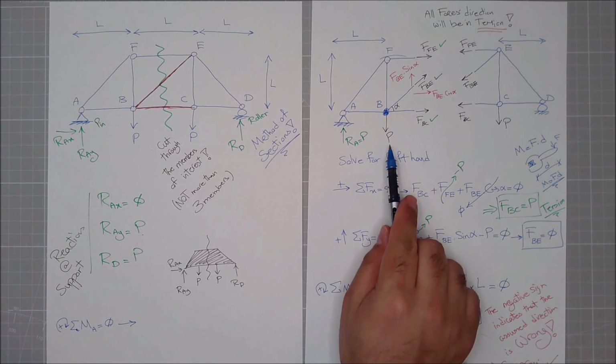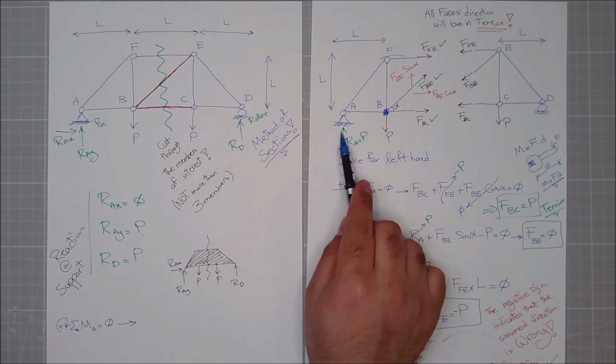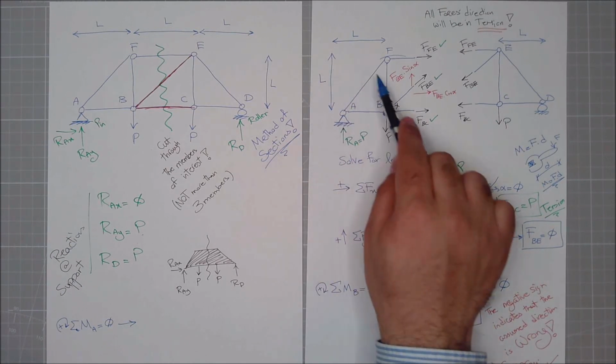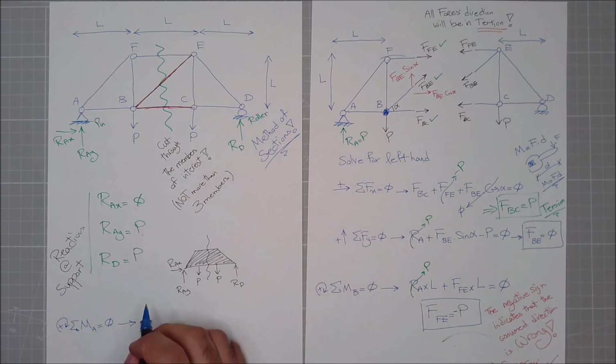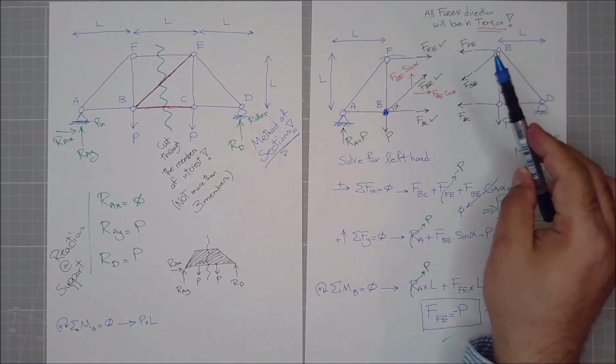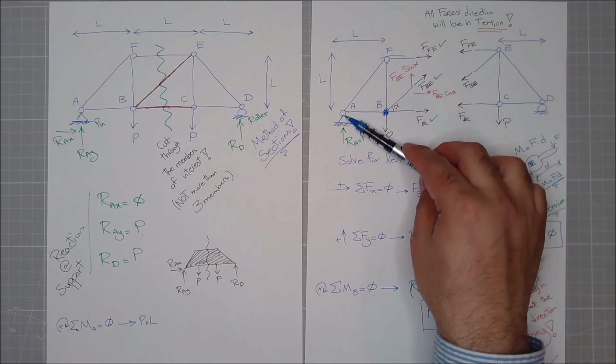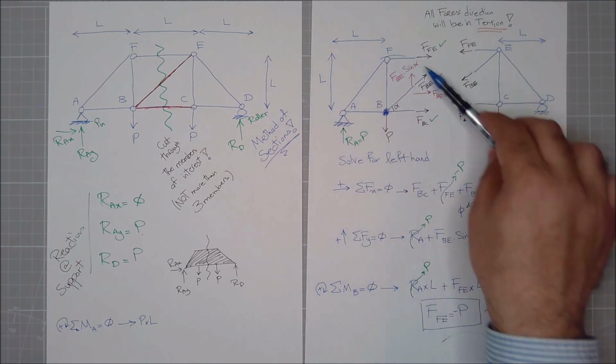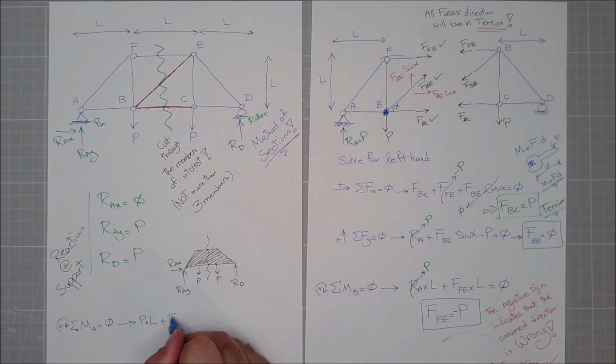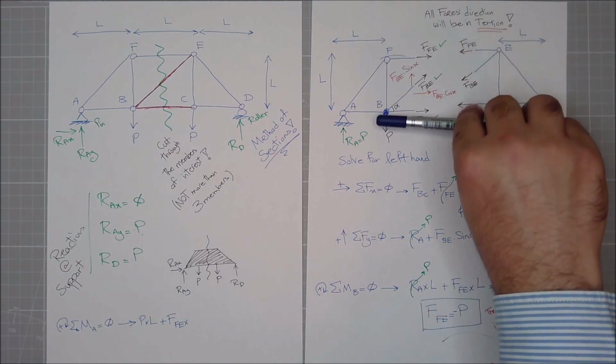I will have a P times the distance, and it's going around A in clockwise, so it's a positive P times L because the distance is L. I will have this guy going around point A again clockwise, so it will be a positive FE times its perpendicular distance, which is L,